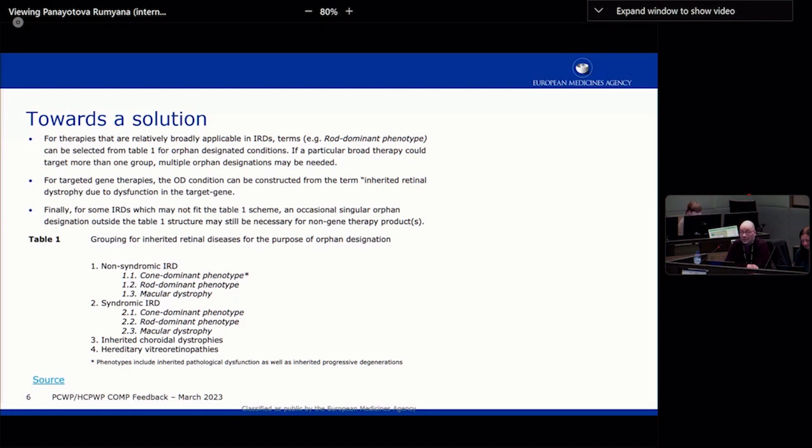And then last but not least, there will still be a few diseases that do not fit in either of these. And for these, we will still foresee the possibility to have a very specific designation. And I think, for example, X-linked retinoschisis is one of those. And now you may say, oh, this looks all very logical, but I can assure you it took a lot of time and effort to come to this, to come to a model that we feel will also hopefully stand up to the test of time, because this is a field that is in constant motion.